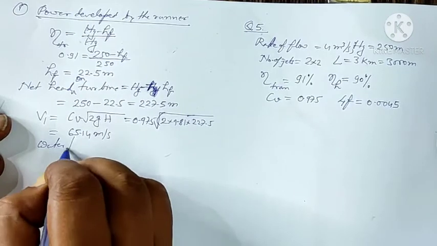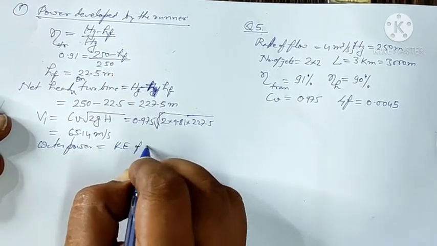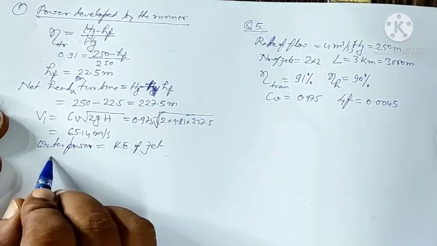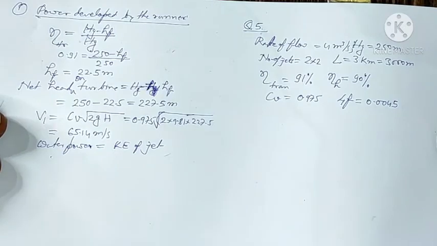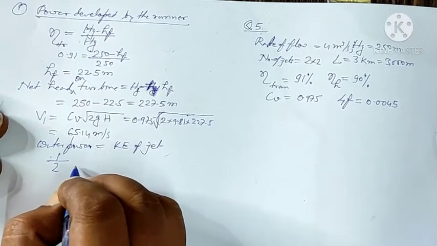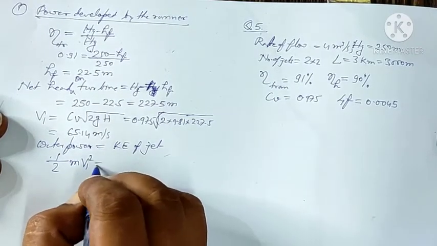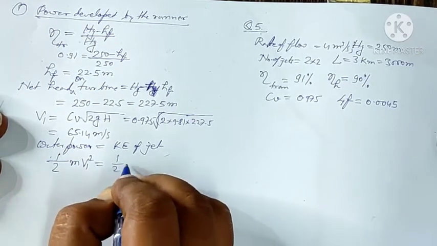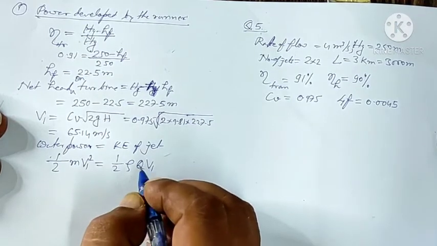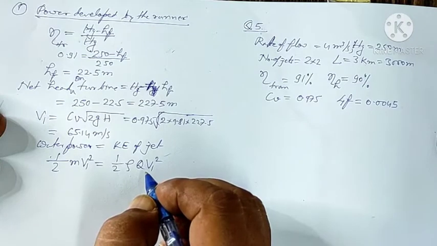Now the water power will be equals to the kinetic energy of the jet. Water power will be equals to the kinetic energy of the jet, as whatever the power is available on the water, that we are converting into the kinetic energy of the jet. So water power is equals to 1 by 2 m1 v1 square, and kinetic energy of the jet is 1 by 2 rho q v1 square. So when we substitute the values,